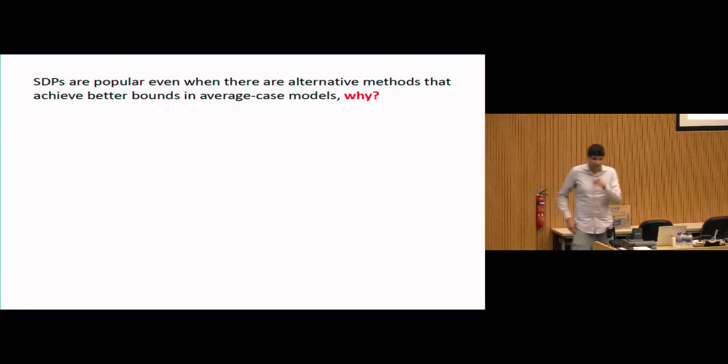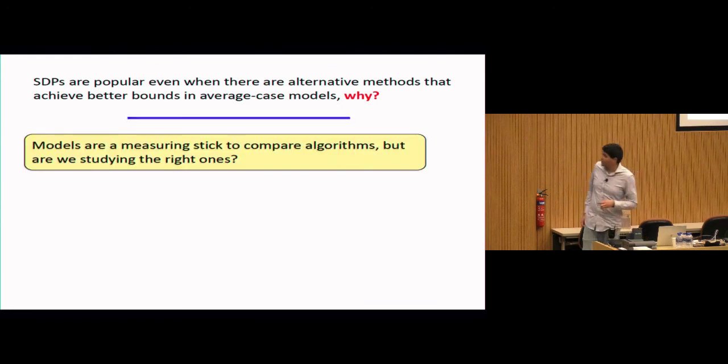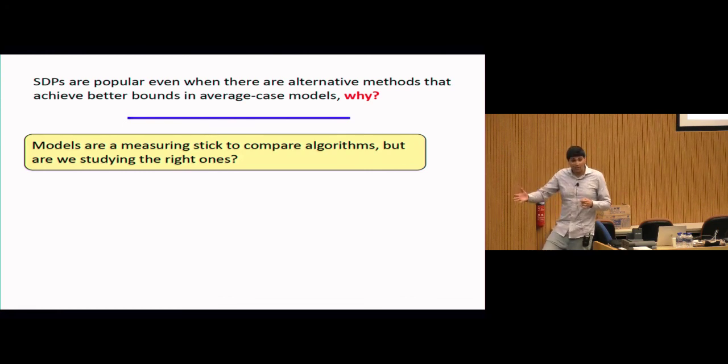That's a great question. We can take it offline if you need more discussion. But the thing that I want to mention is that, in a lot of cases we have algorithms like SDPs, which have worse performance guarantees when you talk about running them on stochastic block models than other algorithms that do better in these simple average case models.